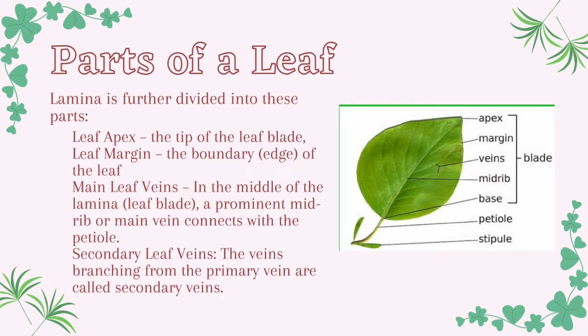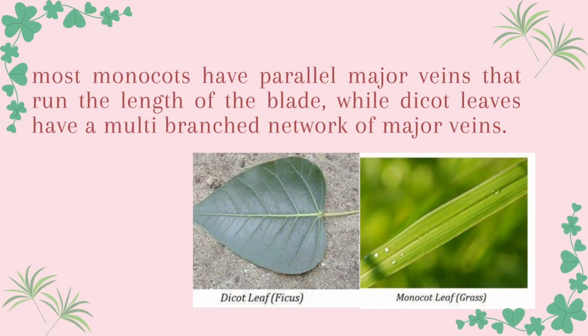And last is the secondary leaf veins. These are the veins branching from the primary veins, which are called secondary veins. Within each leaf, the vascular tissue forms veins. The arrangement of the veins in a leaf is called the venation pattern. Monocots and dicots differ in their patterns of venation. Most monocots have parallel major veins that run the length of the blade, while dicot leaves have a multi-branched